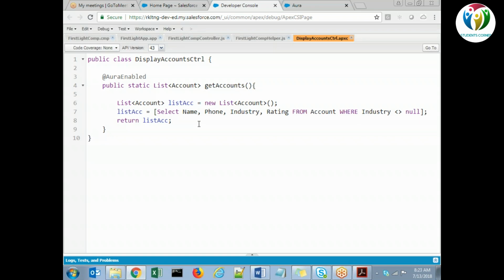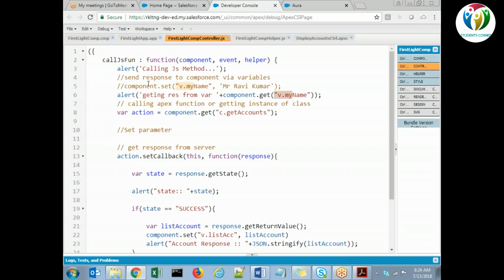Can you say the point again? During the deployment, what you said? See, basically, let's say you have built an application, and you are using alerts every time, and at the time of deployment, you miss to remove the alert.